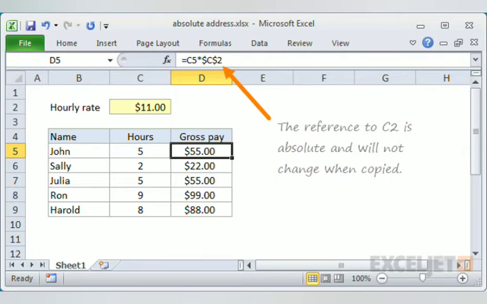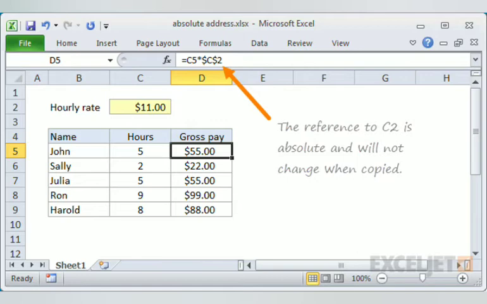What it means? C2 will be a part of all these formulas. So while copying, the C2 will not change. The C2 must remain the same. So that's why here we are using the dollar sign before C and 2. Before the column name and the row number, we are using the dollar sign because it will not change in the entire formula. What will change?